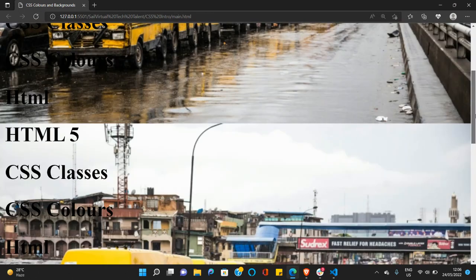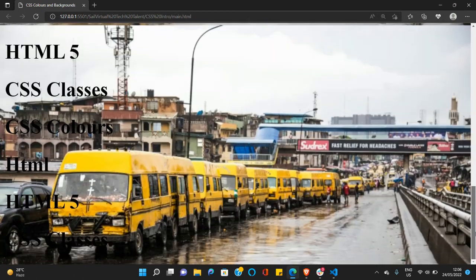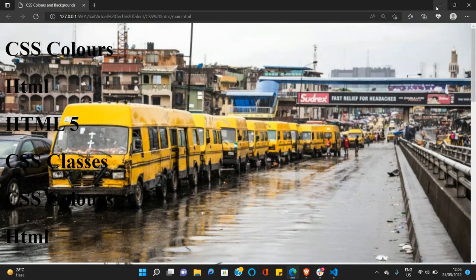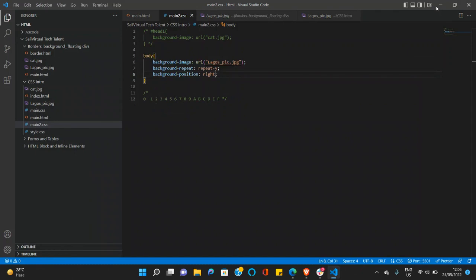Yeah, so it still repeats, but the background now, okay, this background is quite big, at least for the screen we are seeing. But if it wasn't so big, the image being on the left before would actually move to the right hand side. So we might not be able to see this now, but just know that that's how it works. And also,